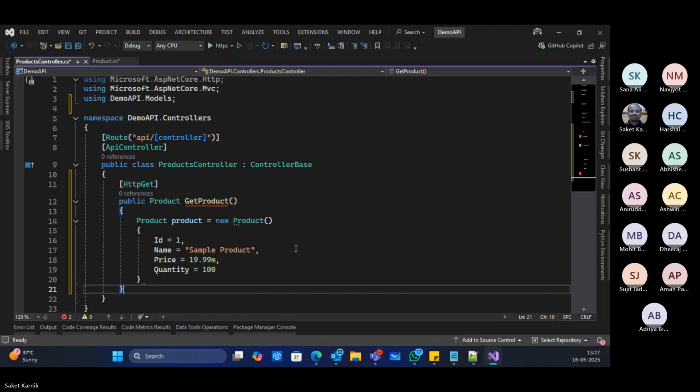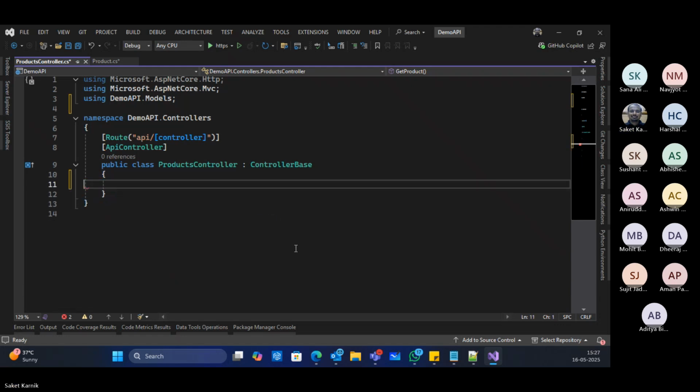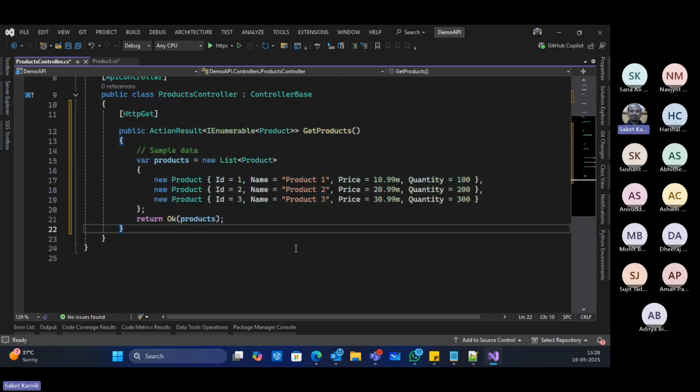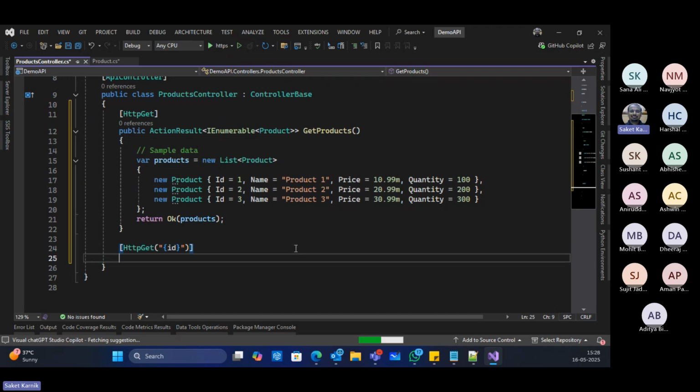Okay. Now see here, I just remove this and I say HTTP GET. So HTTP GET was suggested. It took a while, understood the context, and it automatically suggested me a method called get products, right? Because usually an API would be returning the list of products as well. If I'm okay with this, I just press tab. It's done. And from here onwards, it is just going to give me the suggestions on its own.